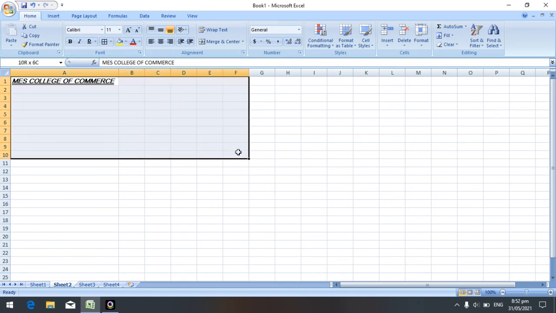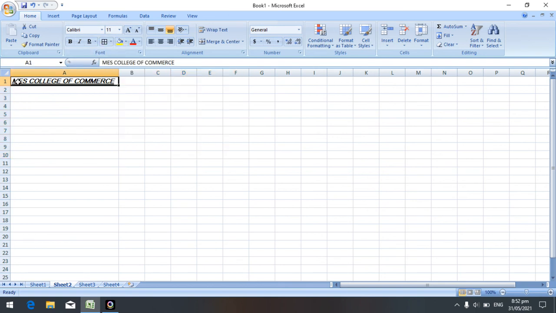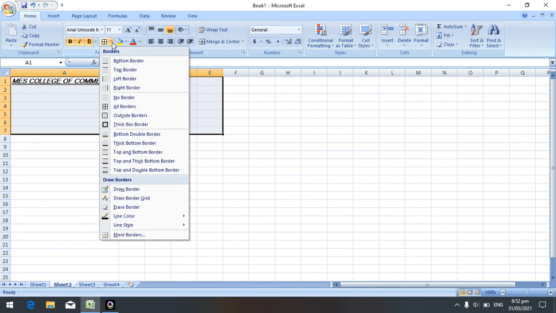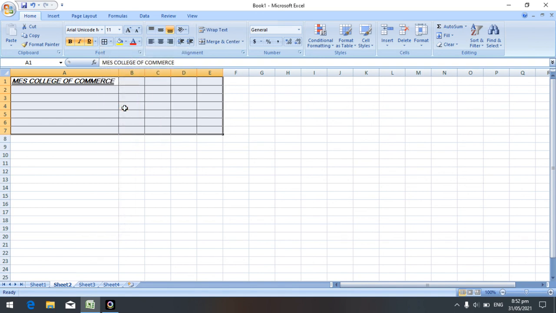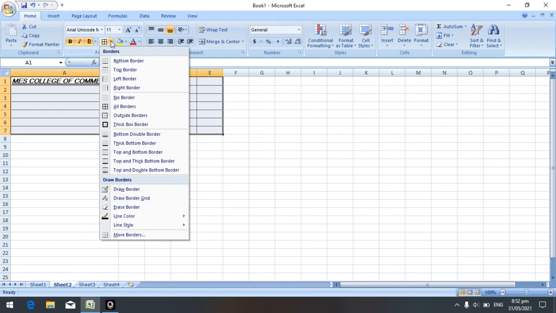Then you can use the borders for all those cells. Here select this cell and click on the border drop down button. Then here bottom border, if I want top border, left border, right border, and if I want all borders, you click on the all borders option. Other than that, different options are available.